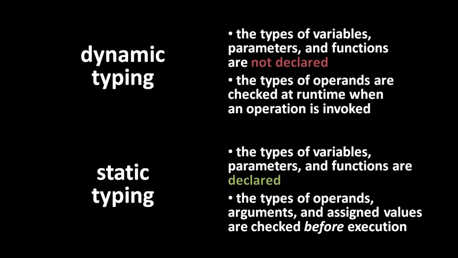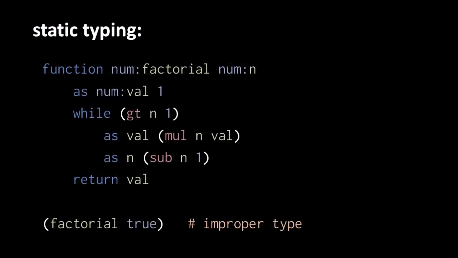We could do so quite simply by requiring type declarations for every variable, every function parameter, every function return type, and every created collection. Let's say the declarations are written as type names prefixed with a colon. So here the factorial function's name is prefixed with num, denoting that the function can only return numbers. The parameter n is also prefixed with num, denoting that only numbers can be passed to n. And the variable val is also prefixed with num in its first assignment, denoting that only numbers can be assigned